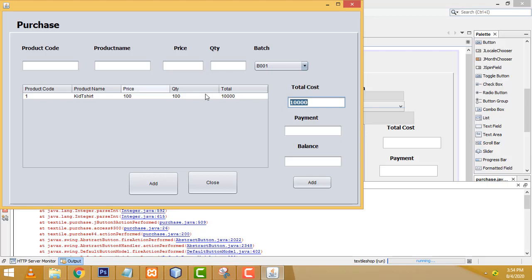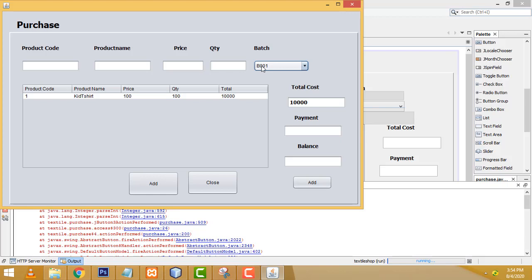If you buy a purchase item, it is automatically added. For every item, the quantity should be incremented along with the batch code. When you purchase an item, we can easily check which batch you bought, batch number B001 or batch B002. You can easily check which shipment belongs to which batch. So to easily manage the sales, we have to add the batch.